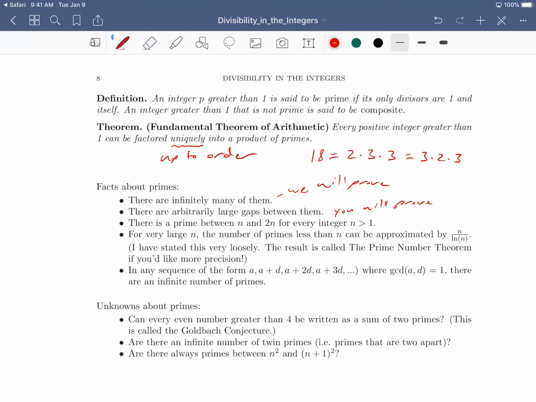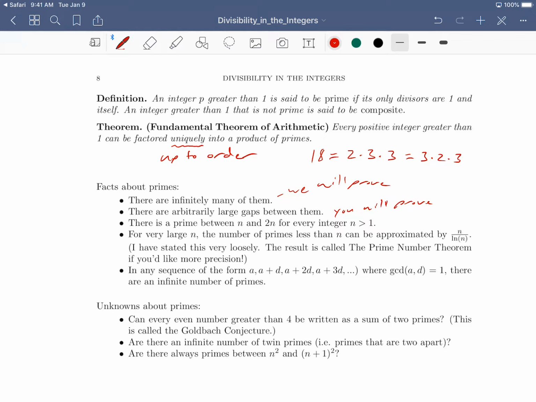The next unknown is about twin primes. So twin primes are primes that are exactly 2 apart. So 11 and 13 are twin primes. 17 and 19 are twin primes. So they're primes where there's just one even composite number in between the two. And the conjecture is that there are an infinite number of twin primes. There are an infinite number of primes that are only